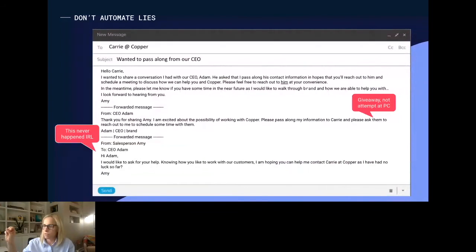This is one of those emails where they put a fake automation sequence in place to make it look like the sender has reached out to the CEO saying, "Hey, I think you could help me here? I'd really like to get in touch with Carrie at Copper, and I haven't been successful." And then the supposed CEO responds and says, "Thanks, I'm so excited about working with this brand. Please pass my contact information along." And then I get the email where I see the results of those forwards,